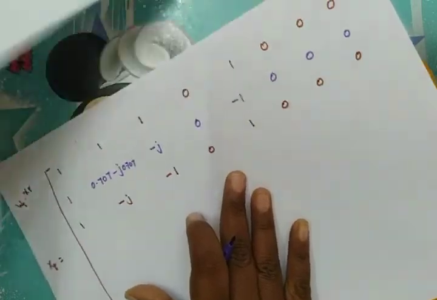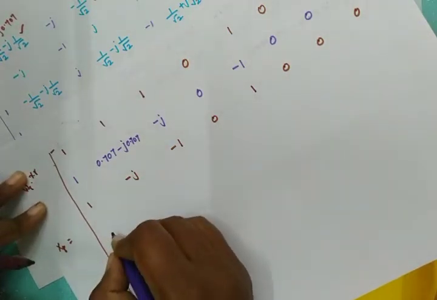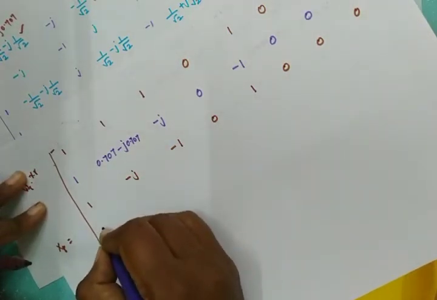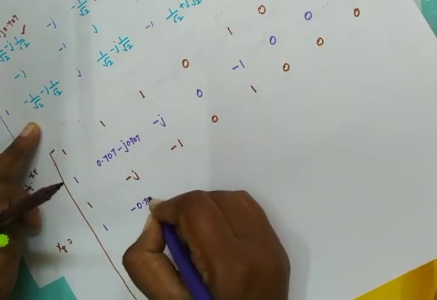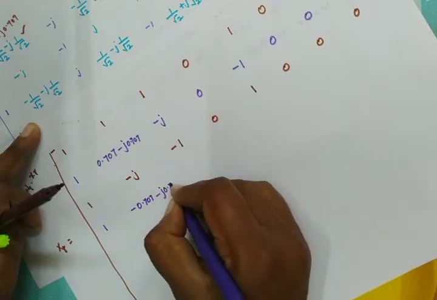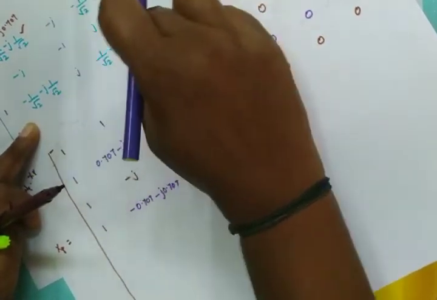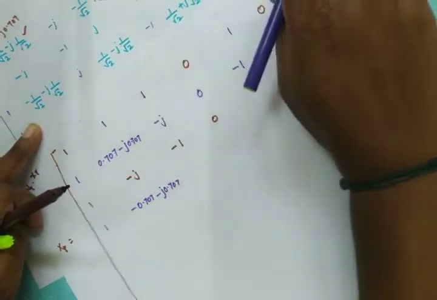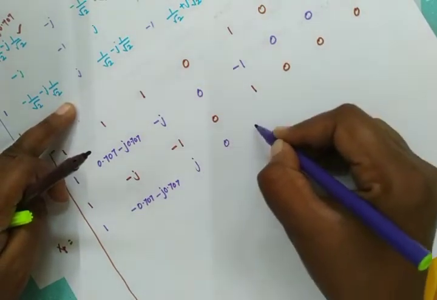Fourth one is, now use this matrix. Now take this fourth one. This is our fourth one, the 1, 2, 3, 4th bit. So that is 1, then minus 0.707 minus j 0.707, because we know 1 into 1, and then 1, 1, 1, 3 ones 0. For this one is 1, then the rest everything will be 0. Then plus j, this is 0, and here we have